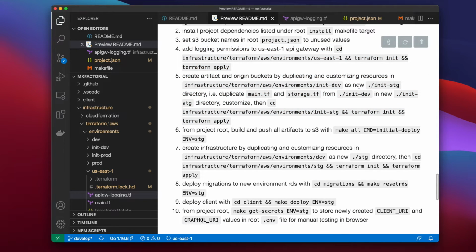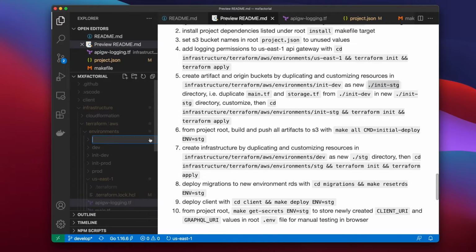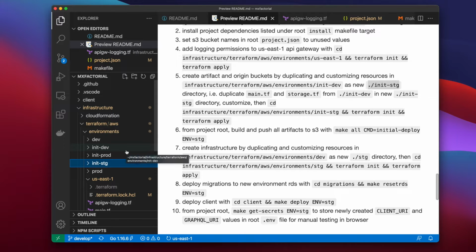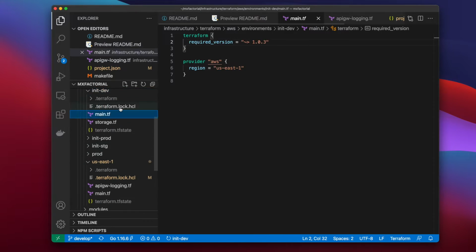Create artifact and origin buckets by duplicating and customizing resources in this directory as some new directory. In other words, we're copying some items in this folder here to a new folder and customizing. Let's create that new folder in the Environments directory, naming it init stage, following the convention of init dev and init prod. Copy main tf from init dev,